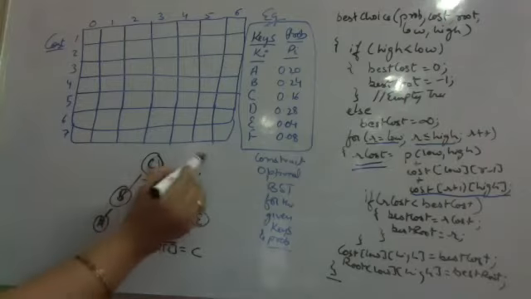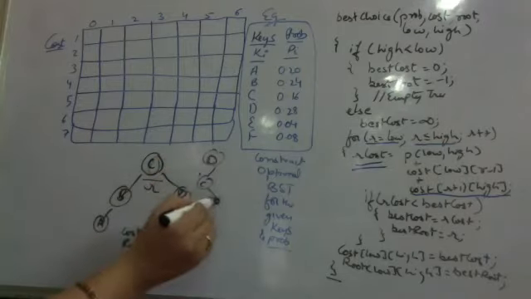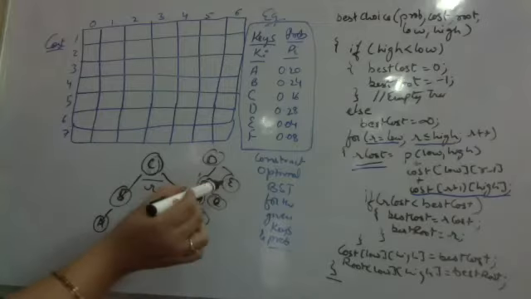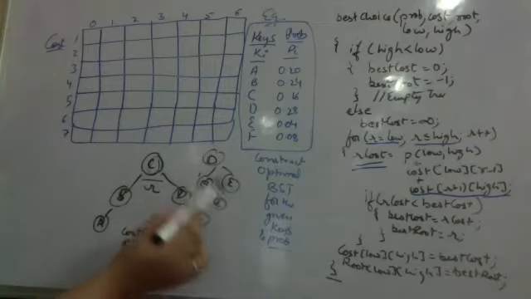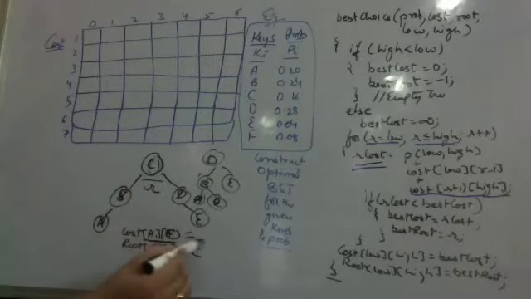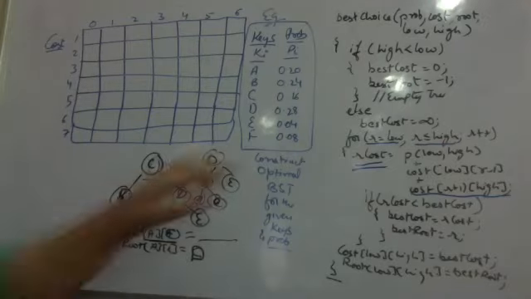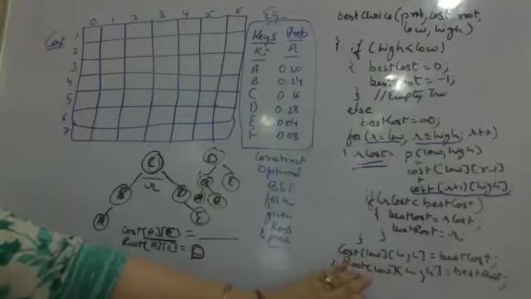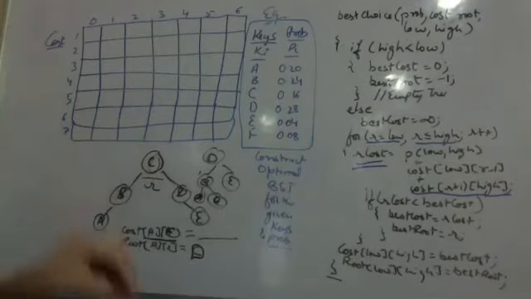So in case I choose D to be the root, and then I choose C, then B and A, or I choose B, then C and A like this, and having E. If this is supposedly the best root for the tree from A to E, in that case I will update the cost to be whatever the minimum value is and the best root to be D instead of C. So after I have found the best cost and best root, I am storing the values in my final matrix which I will be using.